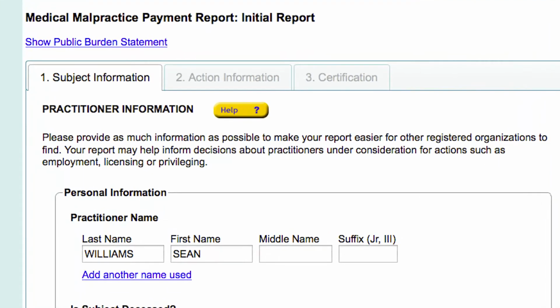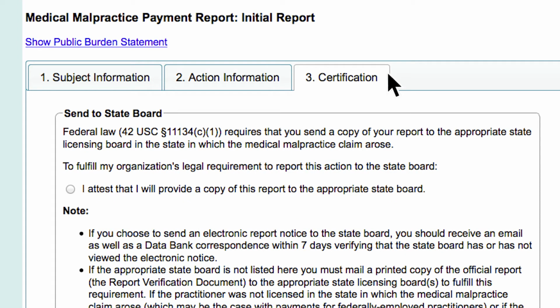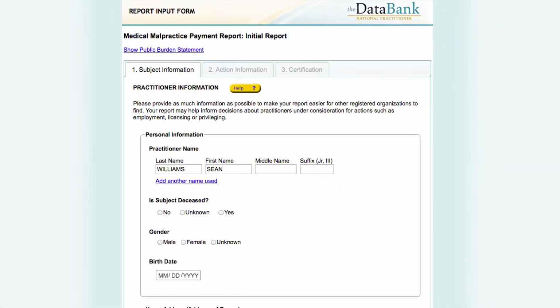You will notice there are 3 tabs. Tab number 1 is Subject Information, Tab number 2 is Action Information, and tab number 3 is Certification. Under the first section of tab number 1, Subject Information, titled Practitioner Information, you will enter the practitioner's personal information